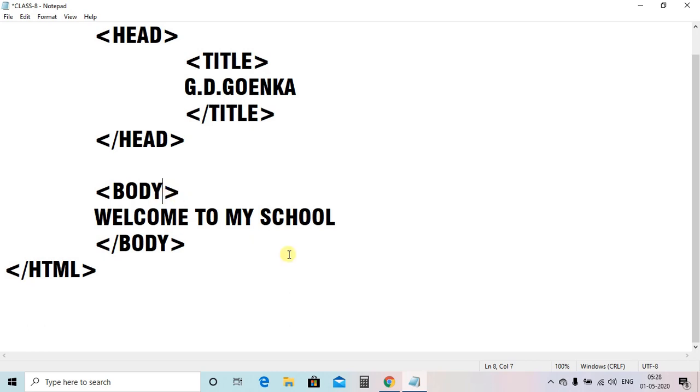After this body, we will give a space and then we will write the attribute name. There are so many tags we will be using in an HTML document, and every tag has its own different attributes. So today we will discuss the attributes of the body tag only.